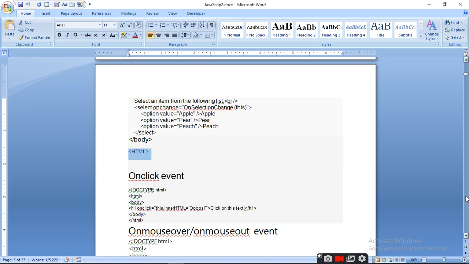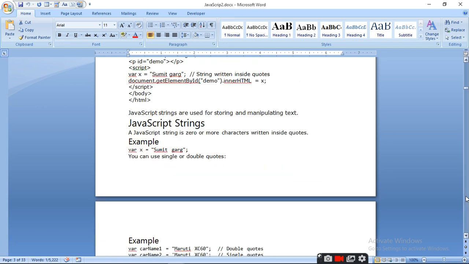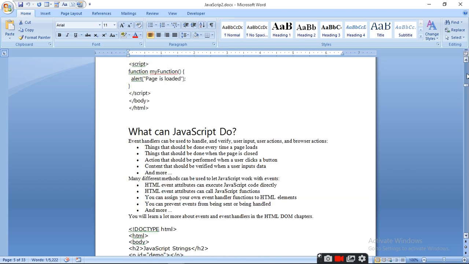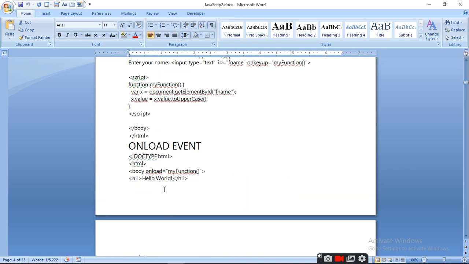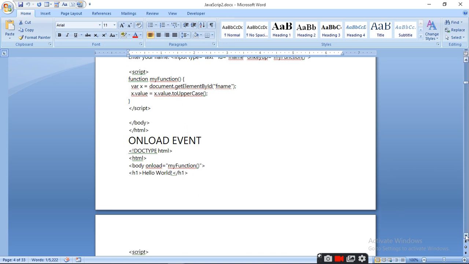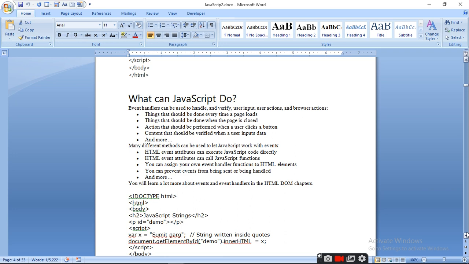First of all, I will tell you how to load the page. The onload event is used, because first of all we load the page and then we work. So when we say onload myFunction, h1 hello world, as you say this, then hello world will be displayed.